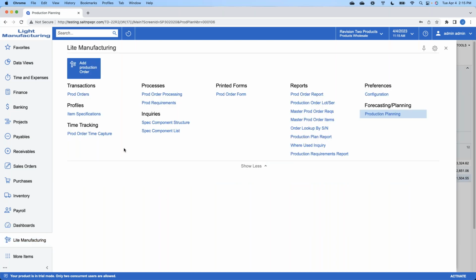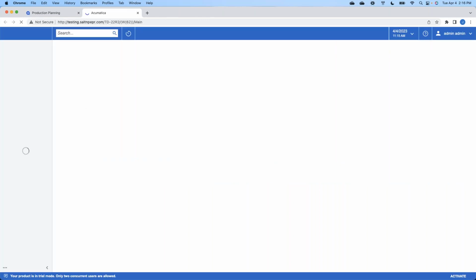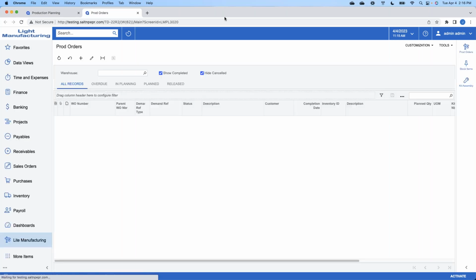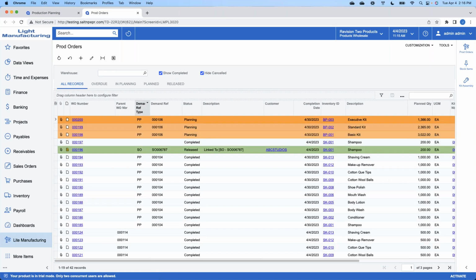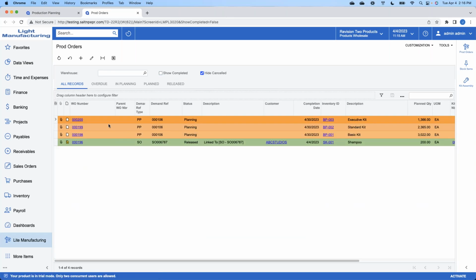So with them generated, I can now come over to view all of my production orders. And you'll see that as we forecasted 3 different kit types, we should expect to see 3 new work orders in a planning status. So every work order that comes in and every work order that we generate will come in a planning status, and we'll review some of those other statuses that are available at a later date. So these are the 3 that we've just generated, 1 for each kit that we need to assemble